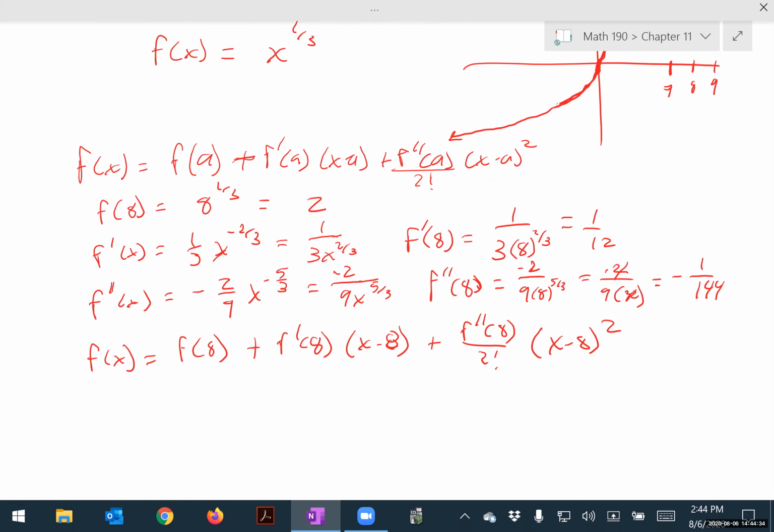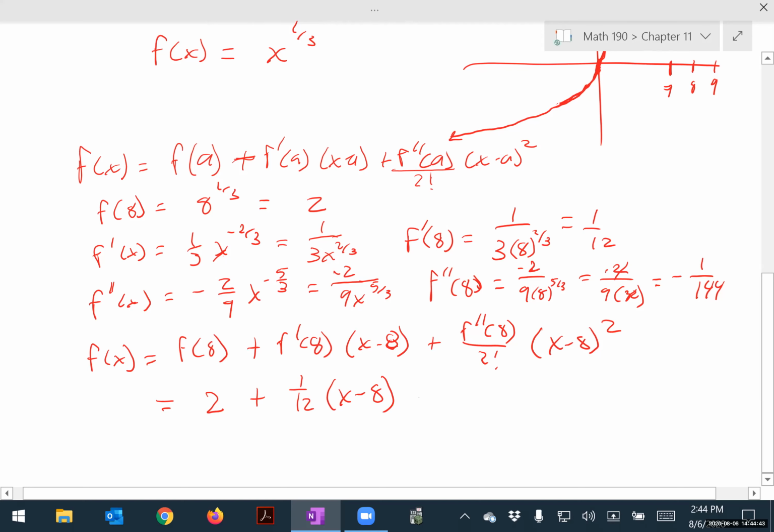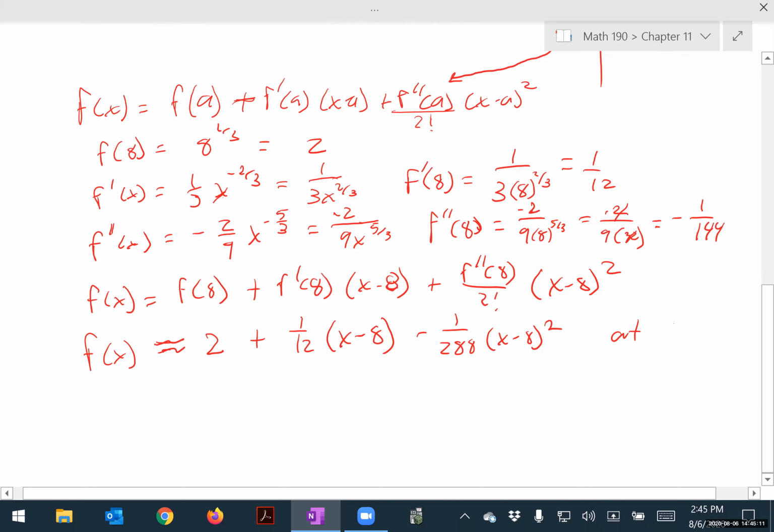And so this is going to be 2 plus 1/12 times x minus 8, plus f double prime of 8 is negative 144, but I need to divide that by 2 factorial, which is just 2. So this is going to be minus 1 over 288 times x minus 8 squared. Okay, so that's a parabola. I'm not going to simplify that. So f of x is approximately this at x equals 8, and it's approximately this out to